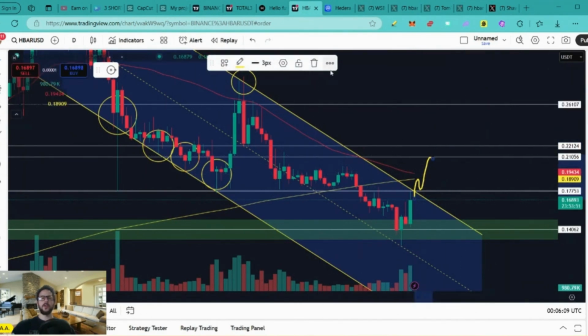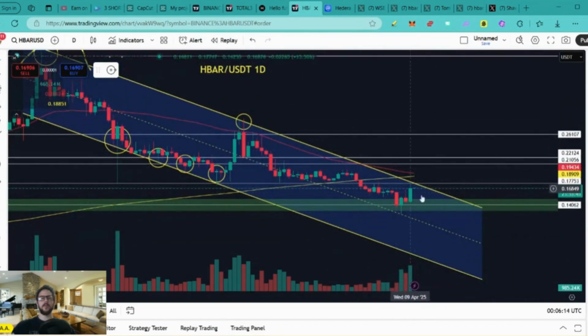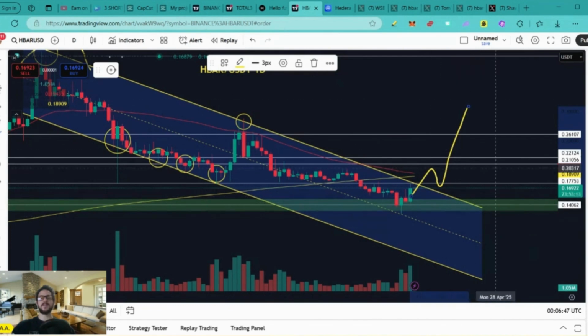Anyway, this bullish scenario is only going to play out if the rest of the crypto market and Bitcoin allows it to play out. Because under these bad conditions, altcoins like HBAR cannot perform as well as they would during good market conditions. Therefore, keep in mind that even if we see a break above this channel, a breakout of this downtrend, we might not see HBAR experiencing a huge explosive move to the upside, hitting all the targets that I have here on the chart right away.